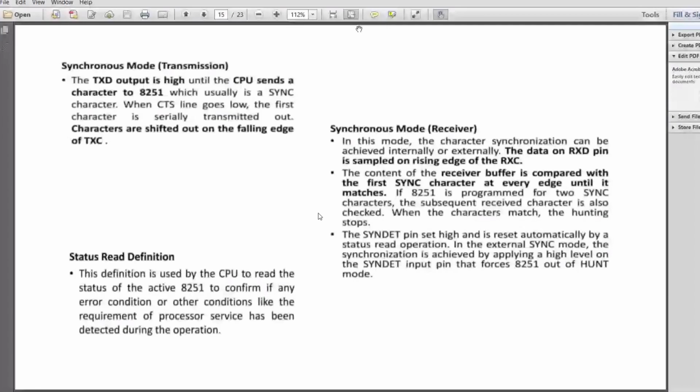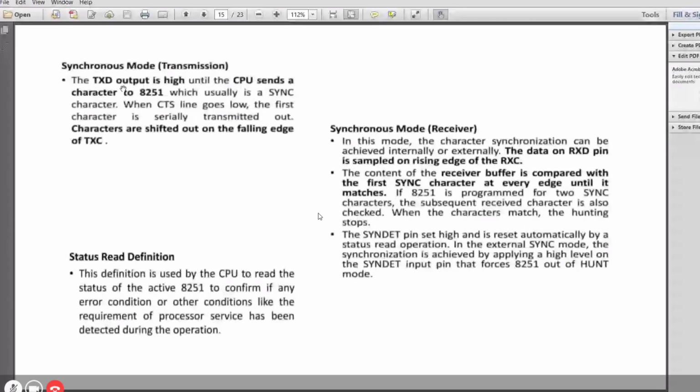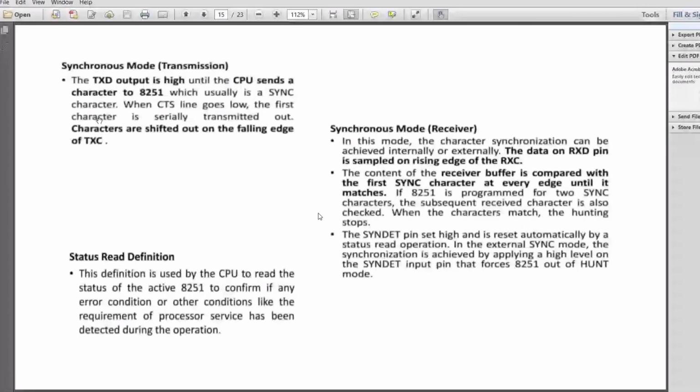Whenever we have the data bits, you have the combinations to be sent. So the CPU should first send a character to the 8251, which is a sync character. These sync characters are identified at the receiving end, where the sync character will be checked. So in this mode, character synchronization is achieved.